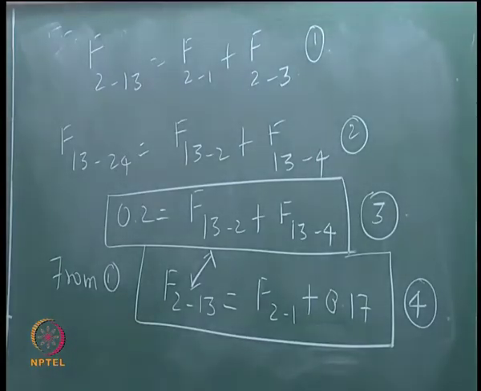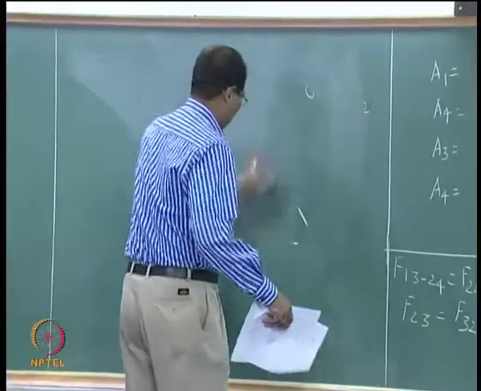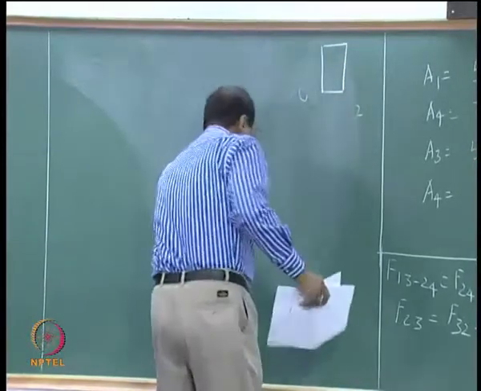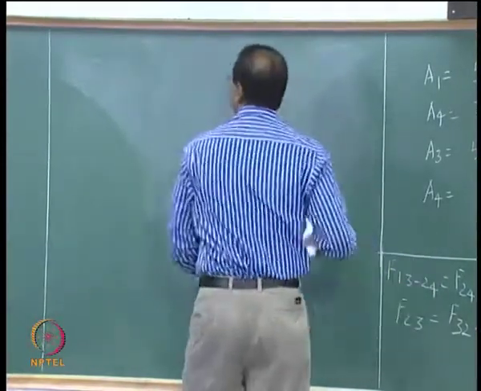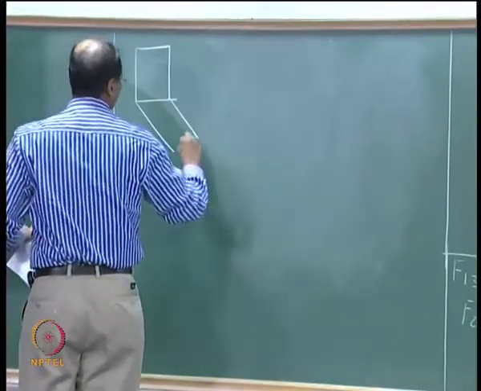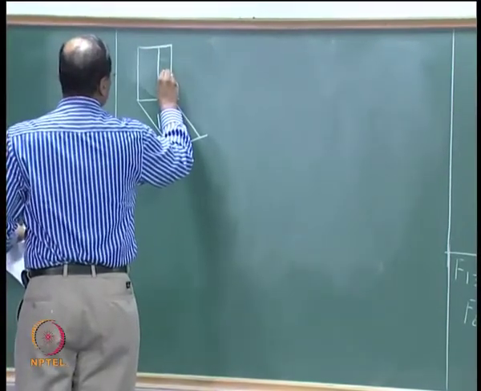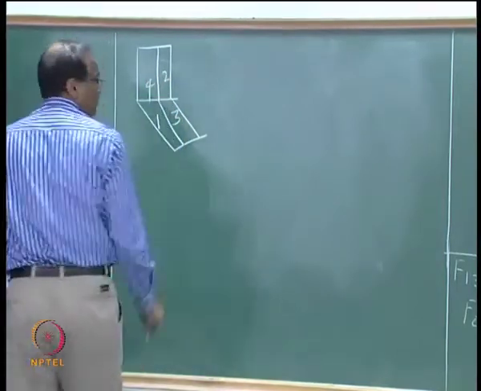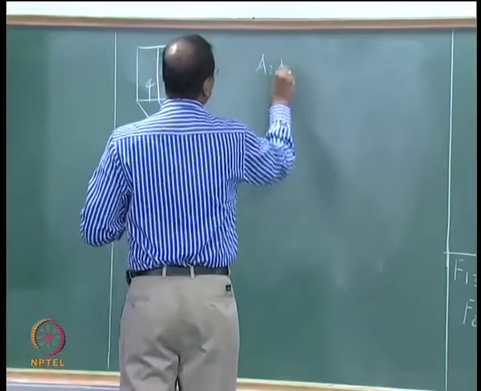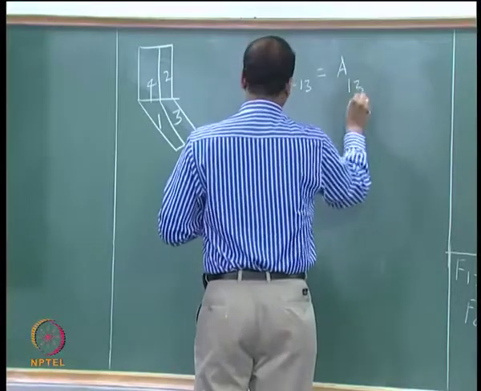Okay, so we will get rid of the figure now. Just to avoid being misled, I will just have it, which is 1, 2, 3, this one, 2, okay. Now A2 F13,